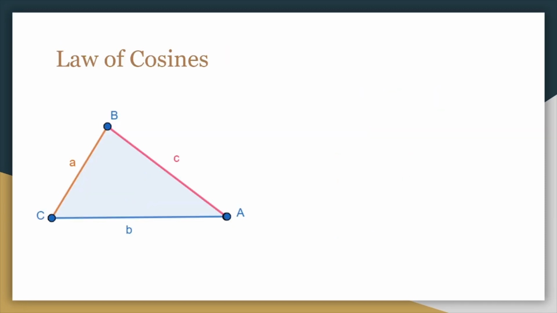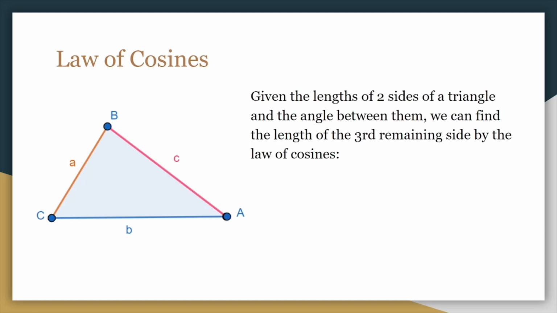Next, we're going to prove the law of cosines. First, let us state the law of cosines. Given the lengths of two sides of a triangle and the angle between them, we can find the length of the third remaining side by the law of cosines. And this is given by the formula c squared equals a squared plus b squared minus 2ab times cosine C, where a, b, and c are the sides of any triangle, and the capital C is the angle between sides